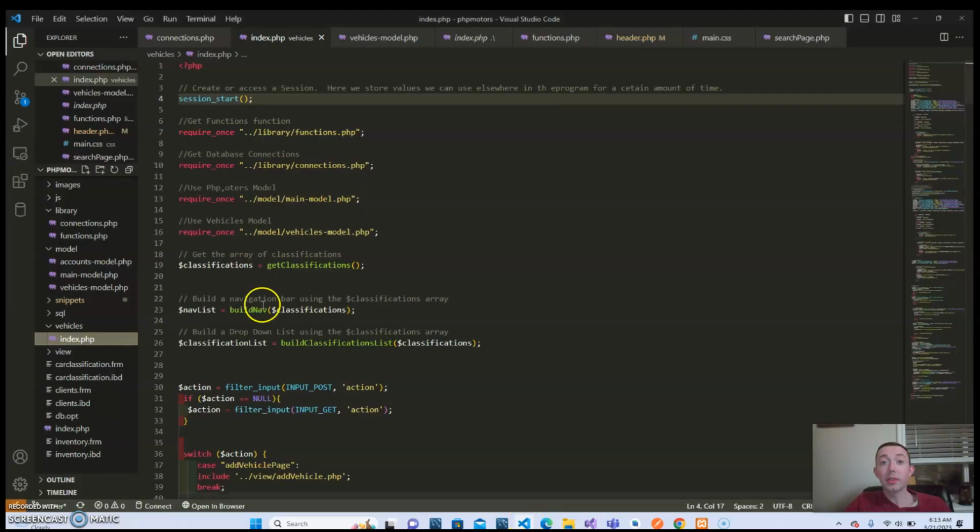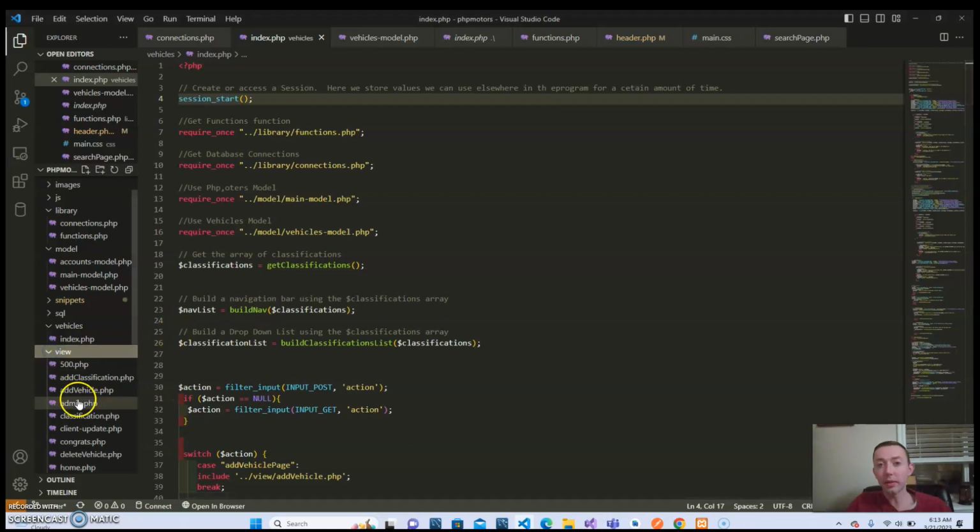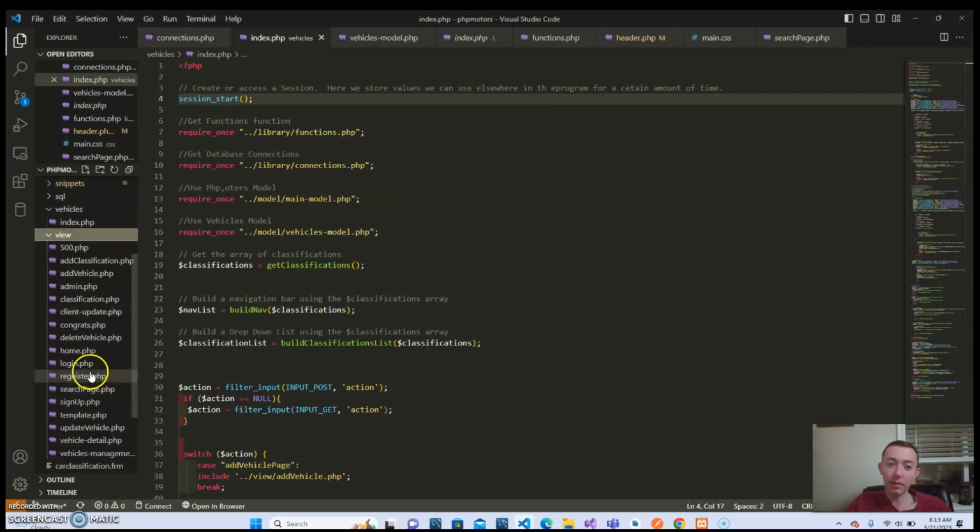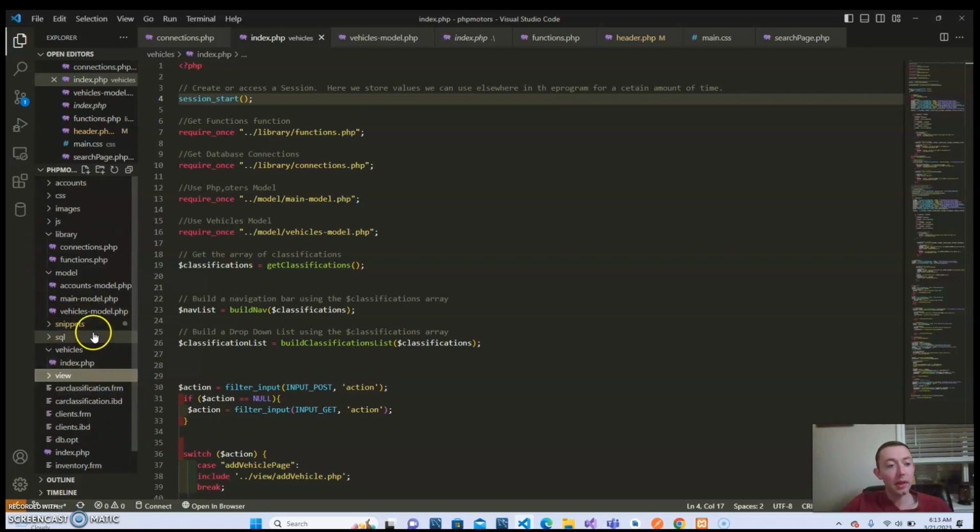And what I've used is a model view controller system, where I have the view, which is the different types of pages that we have here. So a sign up page, add vehicle, update vehicle, an admin page, the home page, things like that. But then I have the controller,